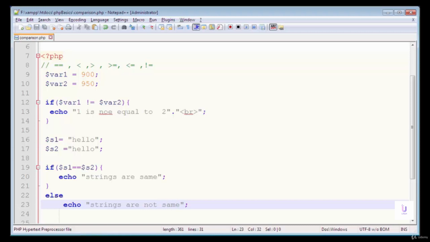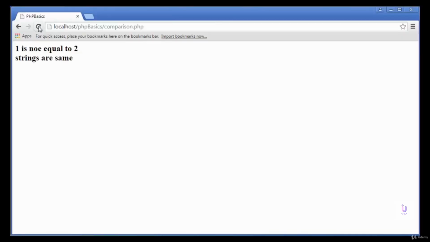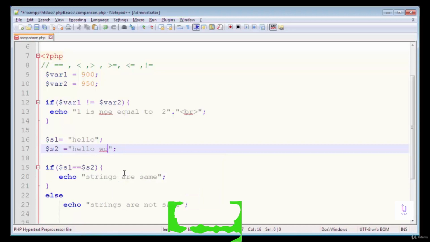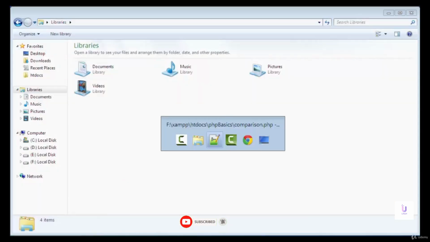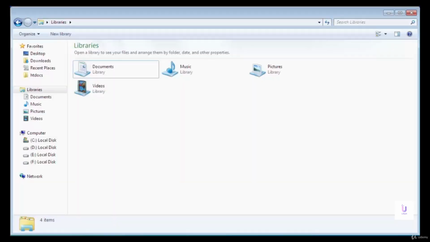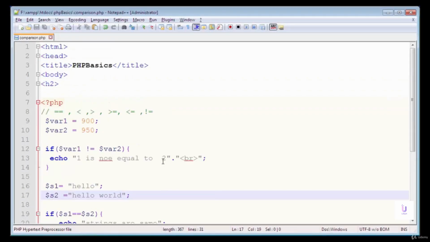Now save this file, open it in the web browser, refresh the page. You can see that strings are same is displayed because both of these strings are same. If I change the content of the second string and refresh the page, here you can see that strings are not same because both of these strings are different from each other.